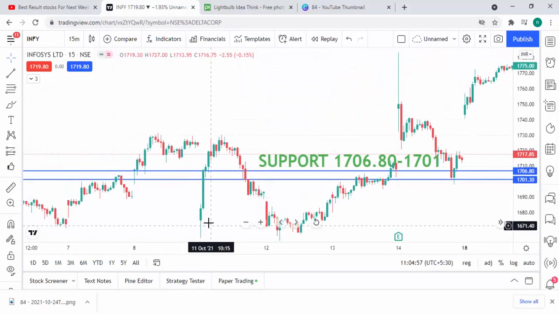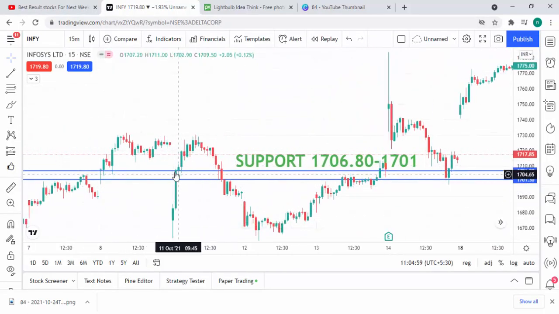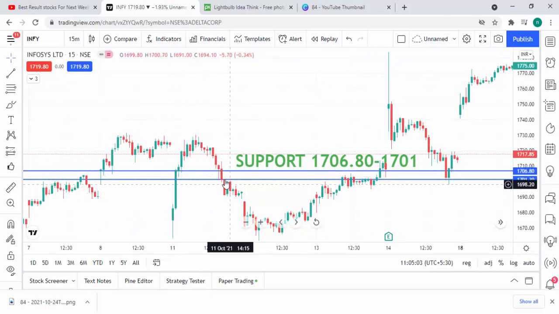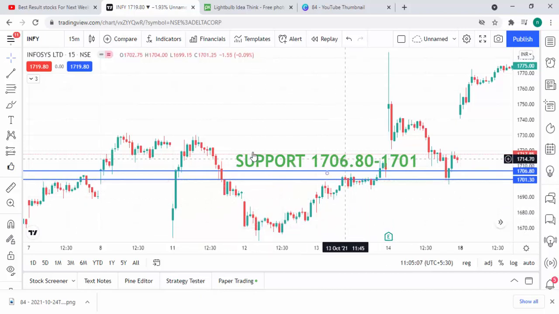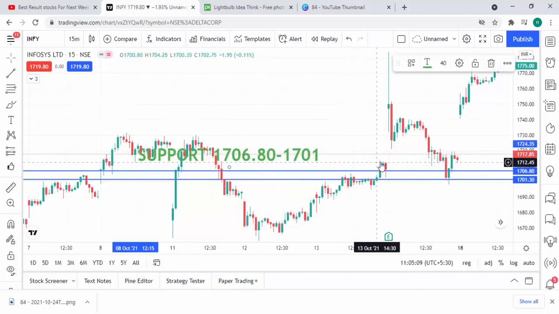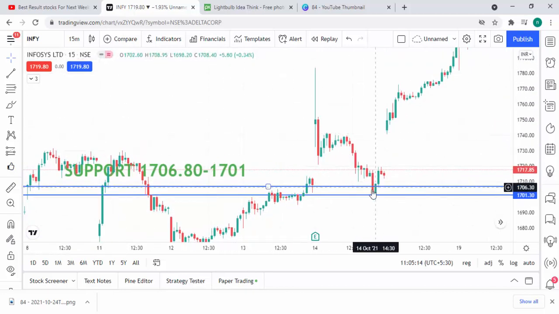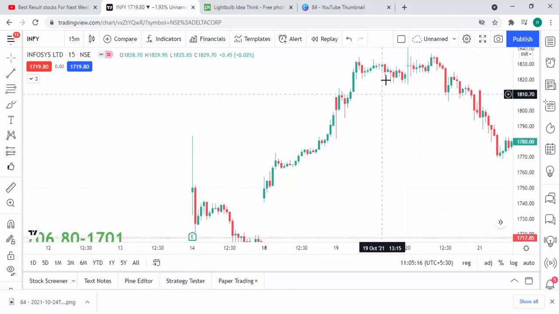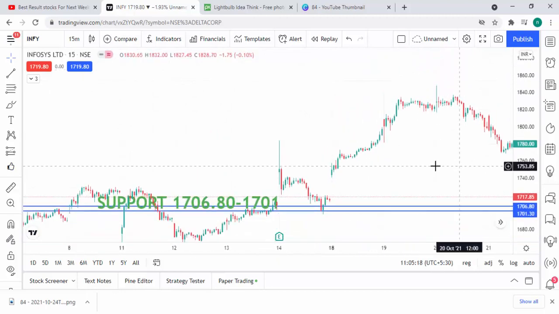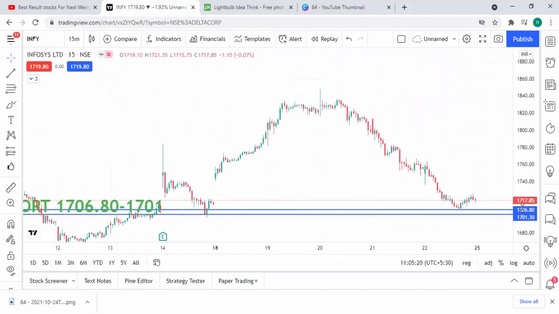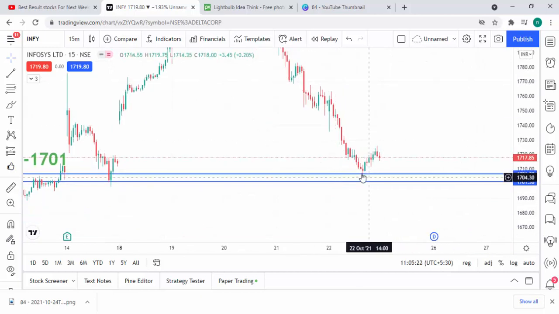You can see here from the 11th there is a 50 minutes candle closing above the level, then it's going up. After that there is a 50 minutes candle closing below the level, it comes down. Again you can see the candle is closing above the level and the market goes up. Again it touches the level, again it's going up. See, it's acting as a strong support now. Now it again touches the level and it's going up. So if the 50 minutes candle is closing below, then only it's a sell.